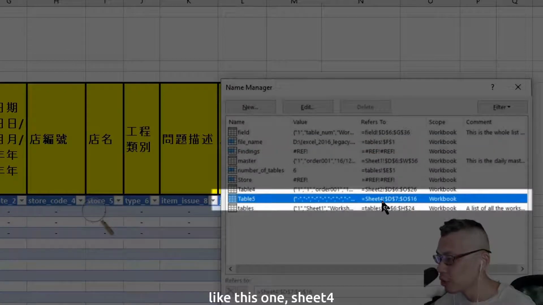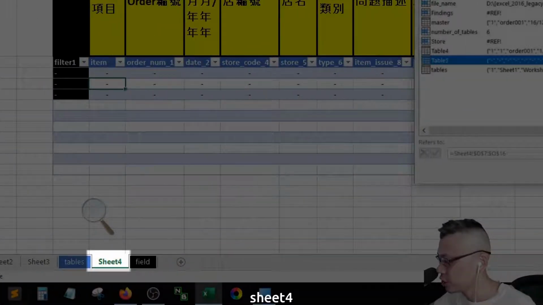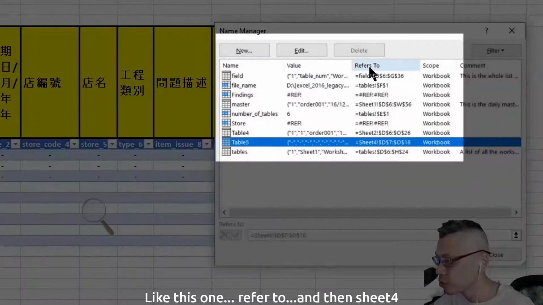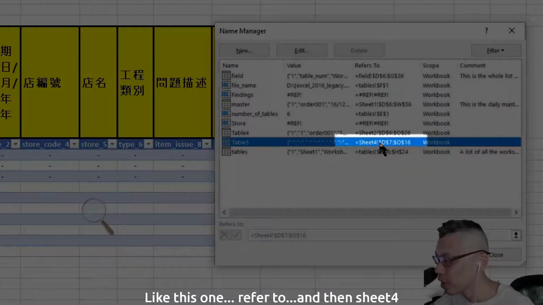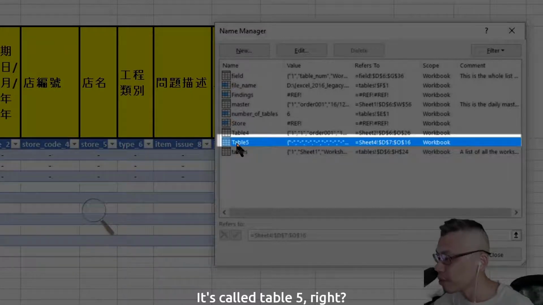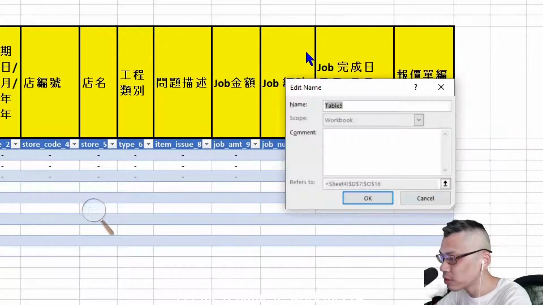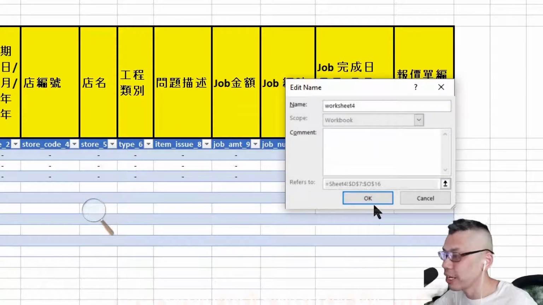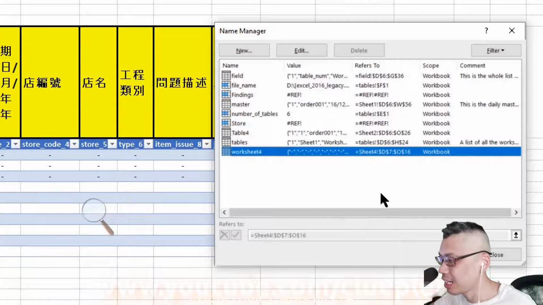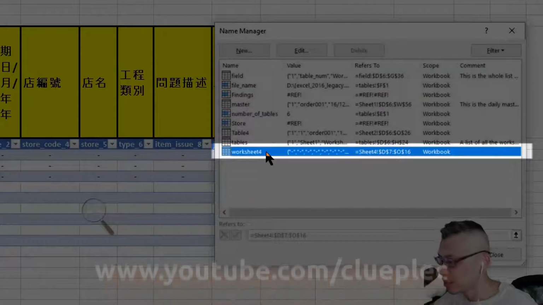Like this one, Sheet 4. Like this one, refer to, and then Sheet 4. It's called Table 5, right? Let me rename it Worksheet 4. You can name it whatever you want. So it becomes Worksheet 4.